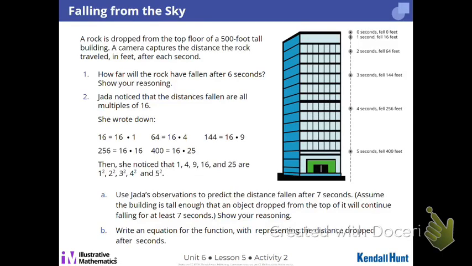Here is what we are going to start with. You do not need your notes for this yet. The first question is not on your notes. We have a building. And on this building, we're dropping